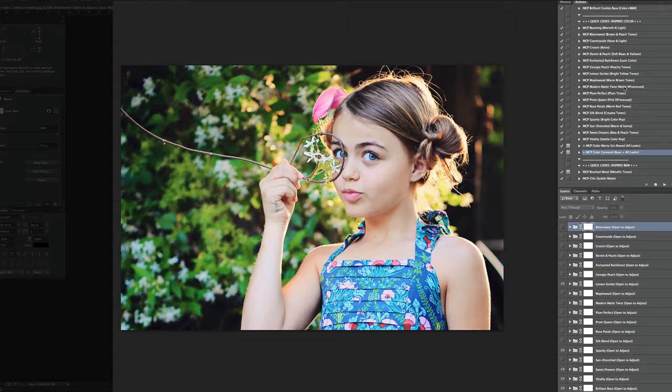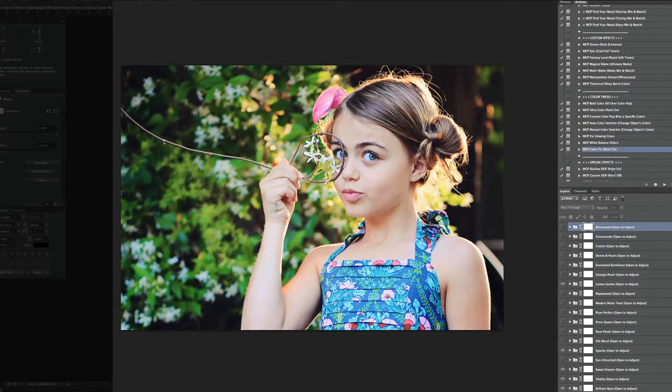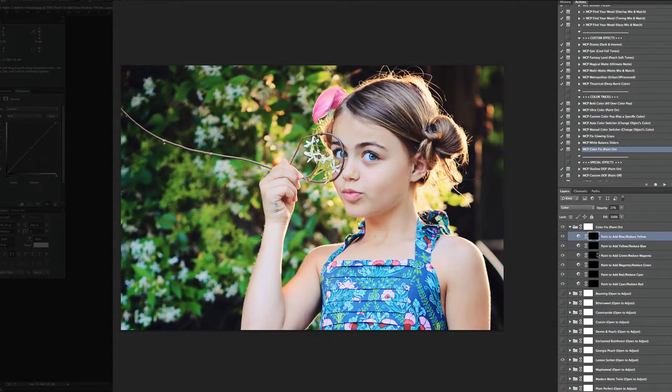Okay, next thing we're going to do is I notice her face has got a little bit of extra yellow here. So I'm just going to scroll down to the Color Tricks area, and I'm going to use the MCP Color Fix Paint On. And it's again going to pop up a message giving you some instructions. I'm going to go ahead and use the Add Red. And with a low opacity brush,